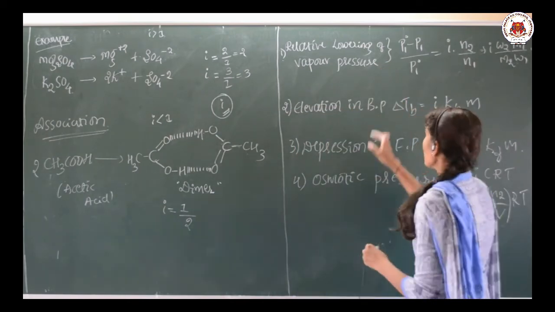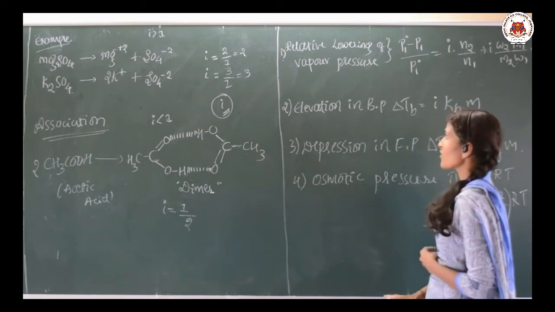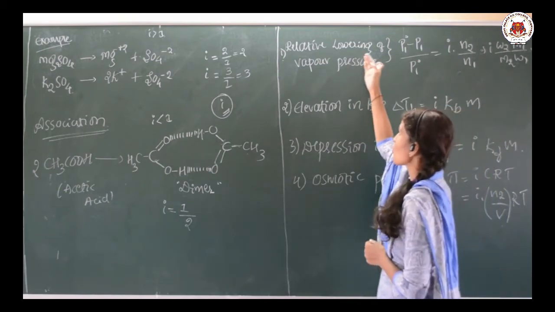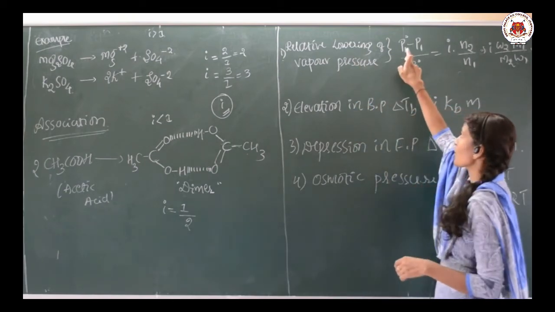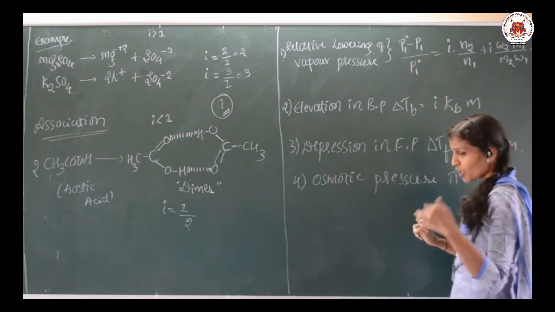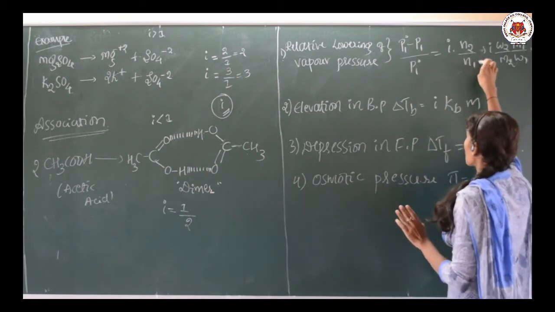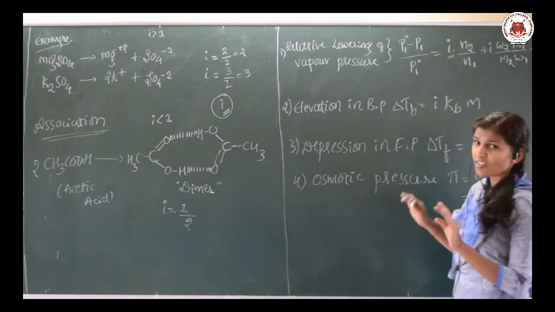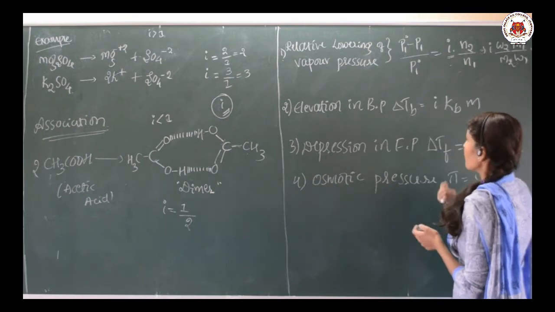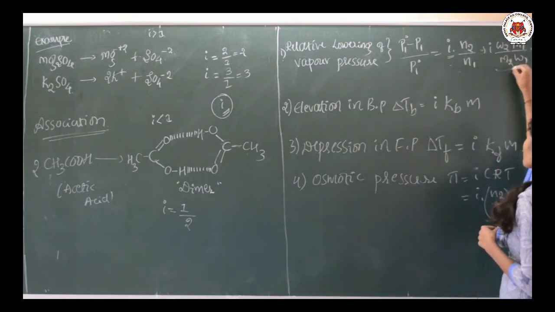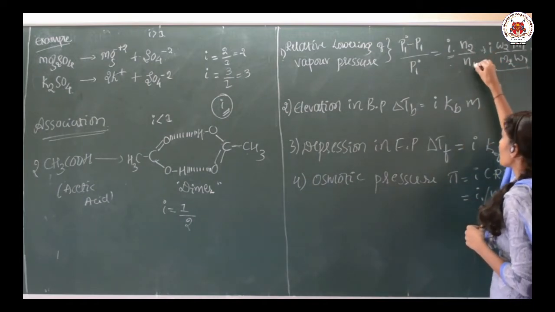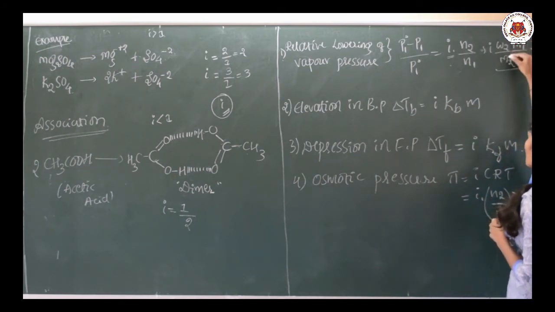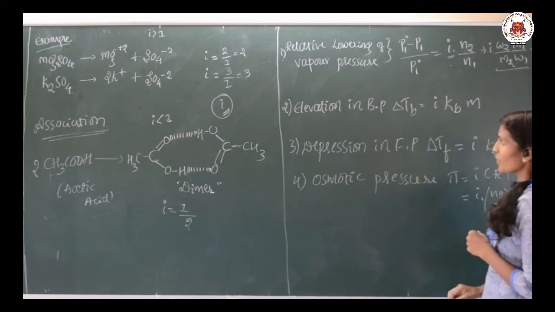So, let us go for the first colligative property, as we discussed in detail, with the derivation in our previous videos. The relative lowering of the vapor pressure formula is (P1 naught minus P1) divided by P1 naught is equal to n2 divided by n1, but we are introducing the Van't Hoff factor i; just multiply by i. If you simplify again, you have to substitute n2 and n1, and you get i into w2 into m1 divided by m2 into w1.